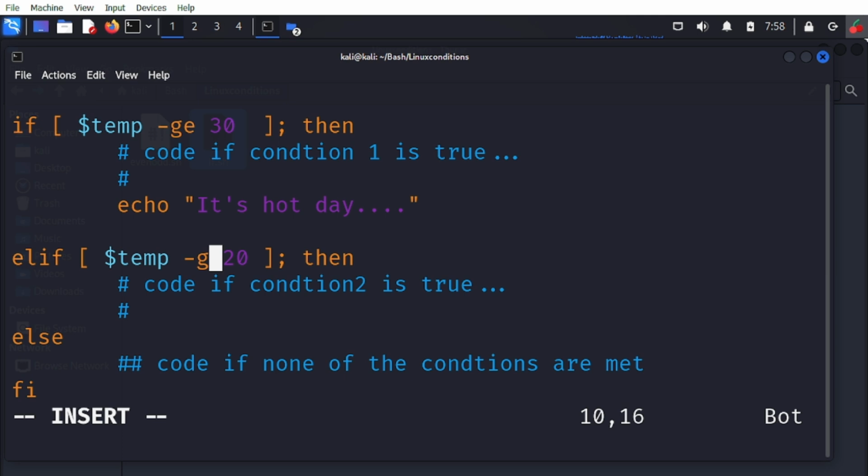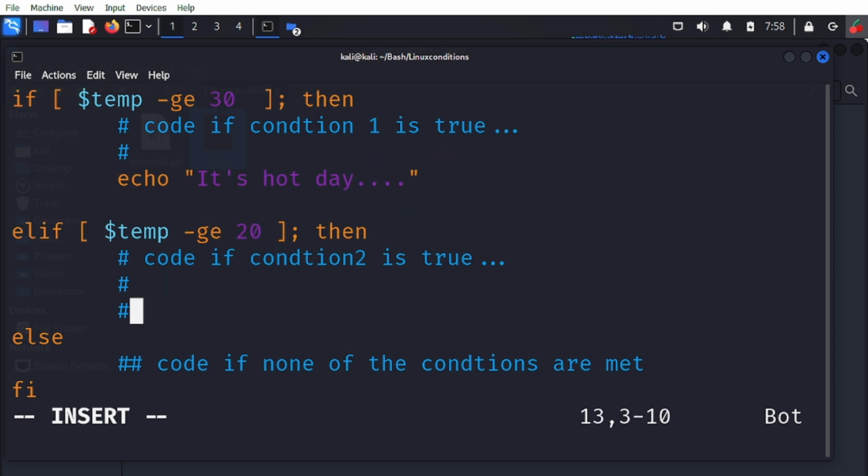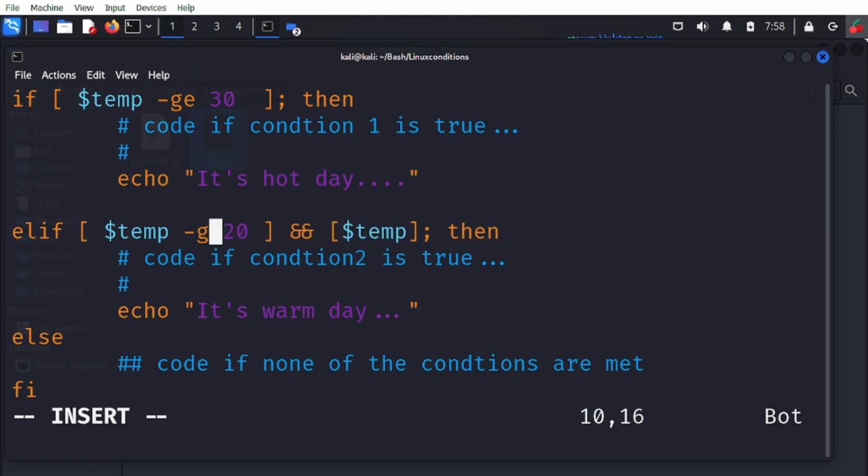But yeah, this is not really a good statement if we just leave it like that, because let's say if the temperature is 40, then both statements might get executed. So this is not really a good way to do so. For that we can do some other structure formation in here. We can evaluate two conditions at once by writing an and symbol. For that you put a double ampersand symbol, and you will write the temperature. Let's say if it is greater than 20, or let's say greater than or equal to 20,